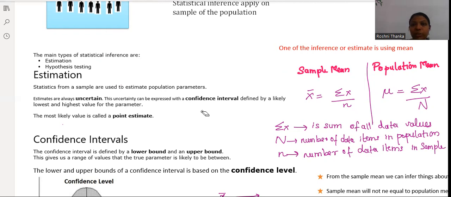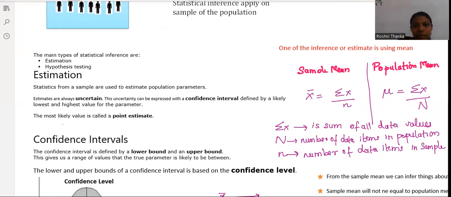So first we take a small group of data. For this small group of data, I calculate the mean. With this sample mean, I can then estimate what the mean of the population will be. I hope you know the difference between sample and population. So the formula used to calculate the sample mean is,